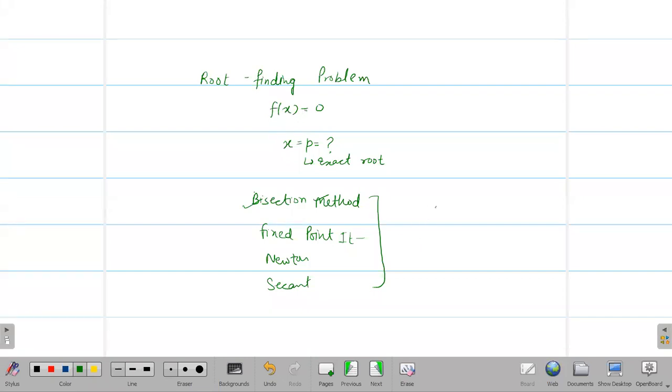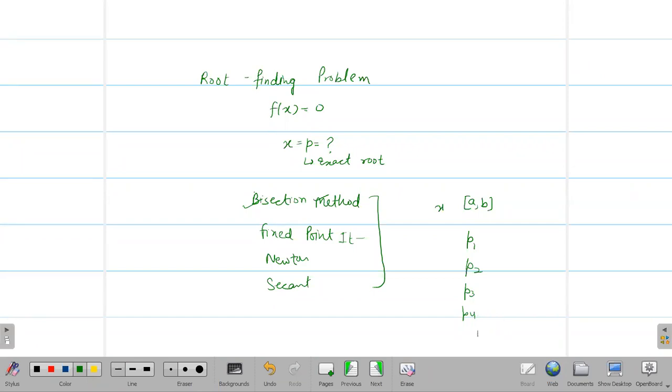So I have to start from somewhere. In the bisection method, we started from an interval. Then we take its midpoint, suppose P1, which is the midpoint of A and B. Then we choose the interval in which we get opposite signs. Then we get P2, then P3, P4, and so on. This is the sequence generated by the bisection method. If you apply any method, that method will give you a sequence, and we say that sequence is generated by that particular method.